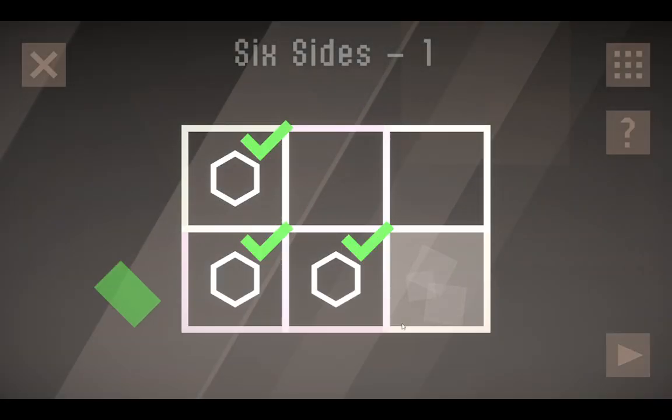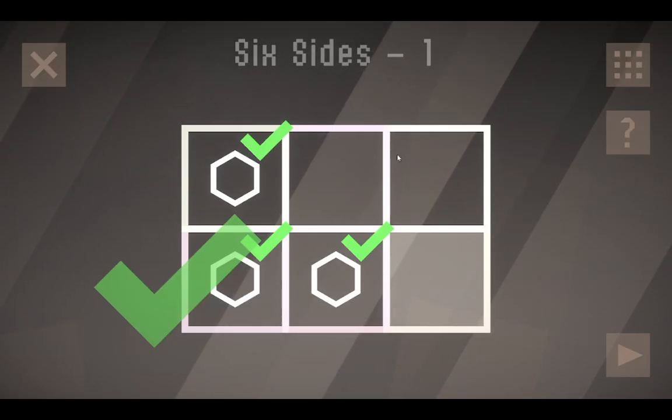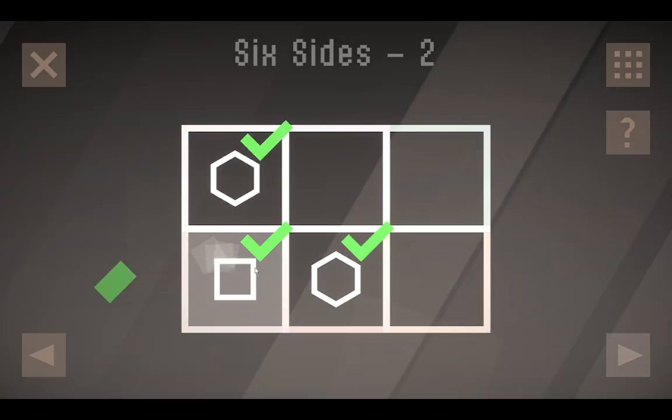Okay. The plot thickens. Don't you just love when clearing a dialogue box solves the level? What's the level name called? I mean, section name called 6 Sides. Is that some sus stuff to be worried about? Okay, now we have the...